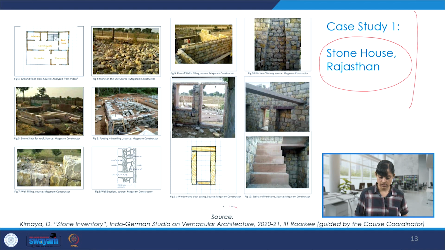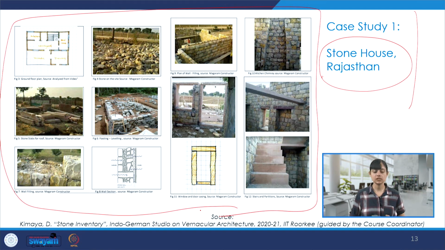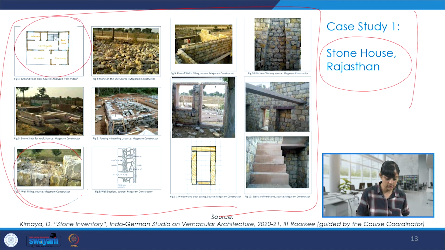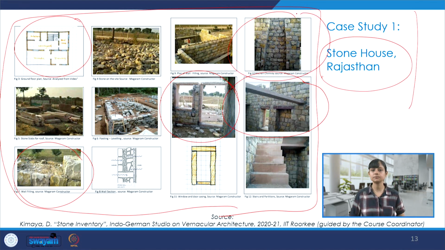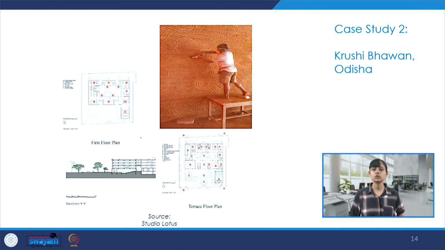So, this was a studio exercise, and we discussed this house. We started with the layout and all the details from procuring stone, and then the kind of opening details, chimney details, flooring, etc. And we saw some sections also. So, there was this comprehensive inventory that was created on that project, which was discussed in detail.